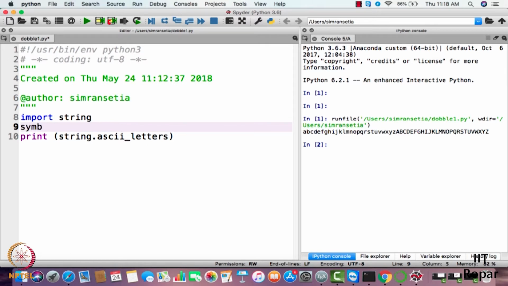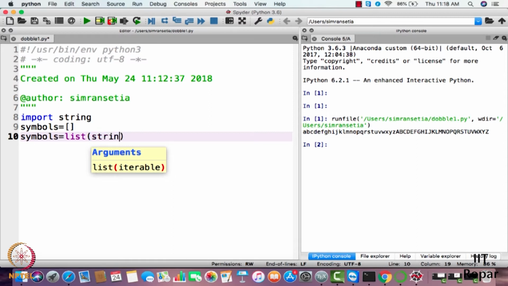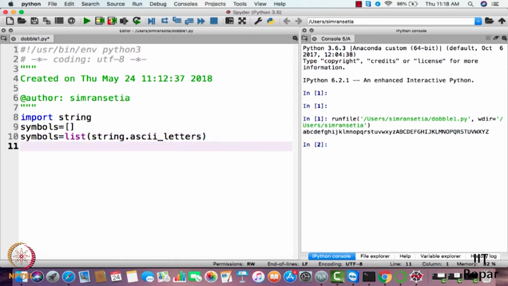I'll have a symbols list here. Since this is a string, I'll just convert this particular string to a list. Symbols is equal to list of string.ascii_letters. So we have our symbols here. Now we need to generate two more lists.